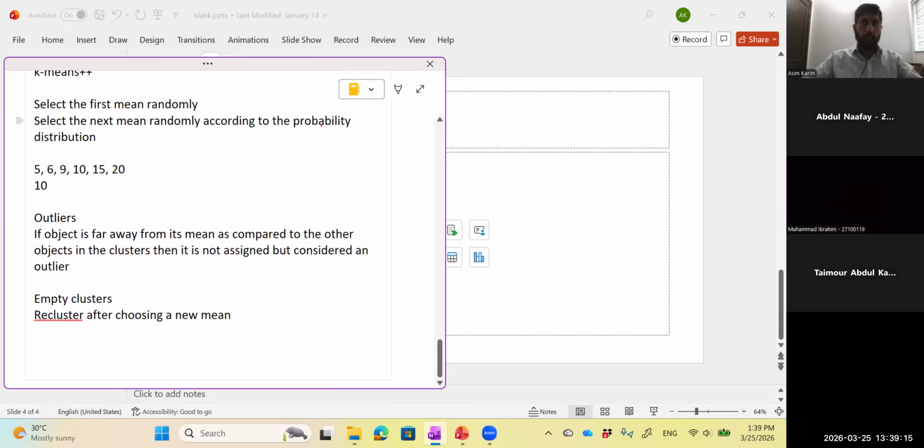ठीक है। सो एम्प्टी क्लस्टर का मतलब ये है कि एक मीन को कोई पॉइंट असाइन नहीं हुआ, तो यू सिंपली फाइंड ए न्यू मीन। वो जो पहले मीन सेलेक्ट हुआ था वो ड्रॉप कर दें, और जिसको असाइन नहीं हो रहा एक नया मीन ढूंढने की कोशिश करें। वो रैंडमली कर सकते हैं या के मीन प्लस प्लस के तरीके से कर सकते हैं, एंड डू द क्लस्टरिंग अगेन। ठीक है। सो आई थिंक वी हैव कवर्ड मोस्ट ऑफ दिस हियर।